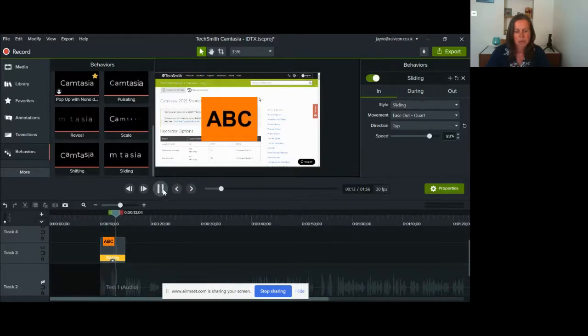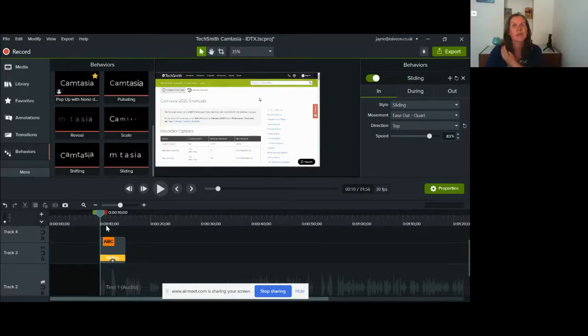So nothing happens whilst it's on the screen, so you get the idea. Now, again, this is all about productivity tips and saving time. So what if we could save that so that I don't have to change that each time? You can. So in my properties, this little plus, which isn't really obvious, wherever you see a plus, you can